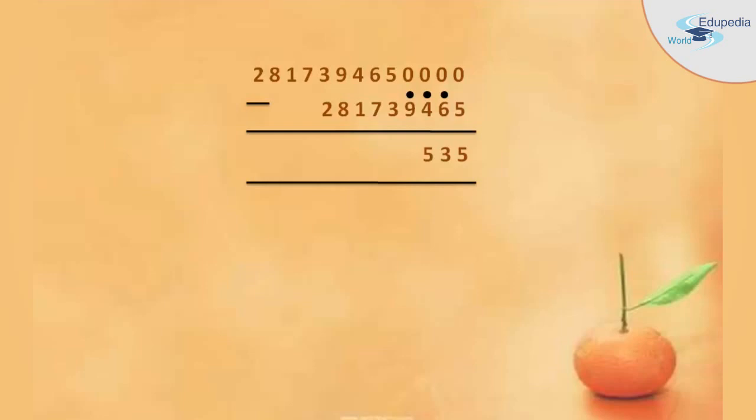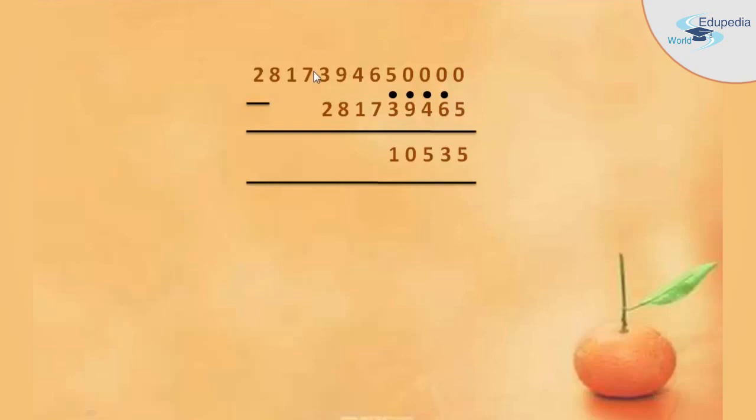Now again, by adding the count with 9, you will get 10. So again, if you compare 0 and 10, 0 is less than 10. So you have to keep the dot before the number 9, that is 3 like this. Now by taking the complement of 10 with 10, you will get 0. So you just write that 0 below the horizontal bar like this. Now by adding the number of dots and the number 3, you will get 4. If you compare the digits in the minuend and subtrahend, here 5 and 4, 5 is greater than 4, so we perform normal subtraction, that is 5 minus 4, you will get 1. Write that 1 in the answer like this.